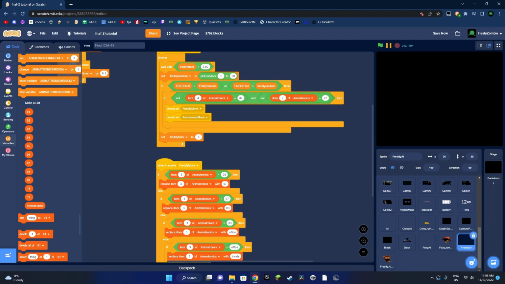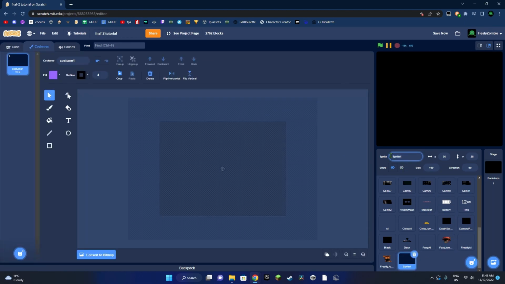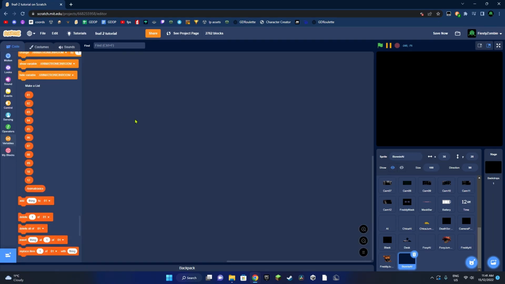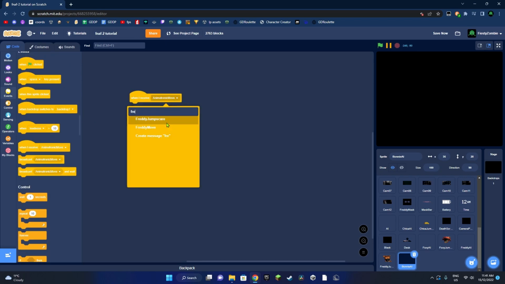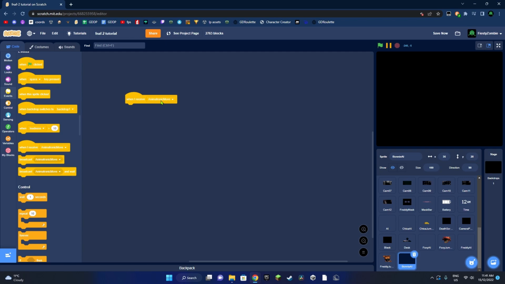Okay, so let's move on to, what's he called? Bonnie now. So we'll make a new sprite called Bonnie AI, and it's an empty costume again. And then it's a bit different with this because Bonnie kind of has vents and whatever. Anyway, so let's do, when I receive start game,